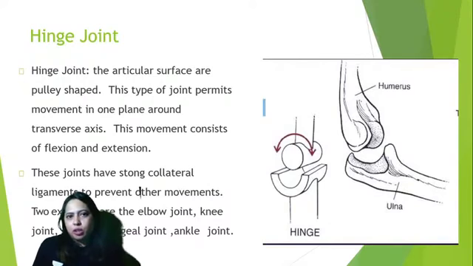There is no extension. So you can do downward movement like a ballet dancer. That is called plantar flexion. Or you can lift your foot upwards towards your front side of your tibia and fibula. That is called the dorsiflexion. So dorsiflexion and plantar flexion, such movements occur at ankle joint. And that's an example for hinge joint.